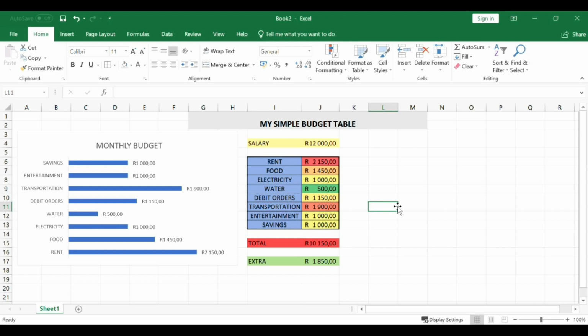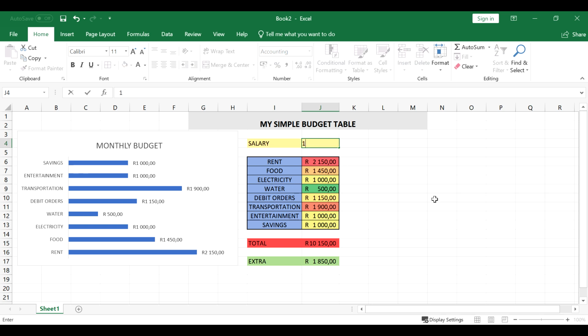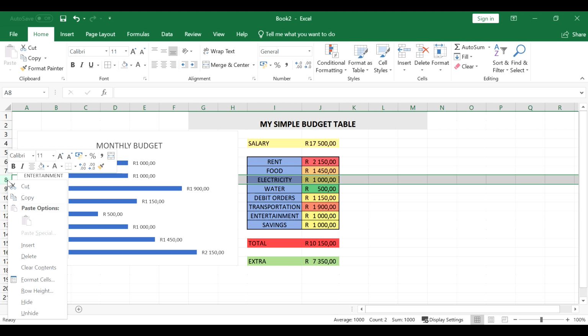Now let's say you get offered a new job, and with the new title it comes with a salary of 17,500 rand, and you can see now you are going to have more of your extra, and your total will remain the same. So with the new salary you opt to buy a new car, so you can actually add